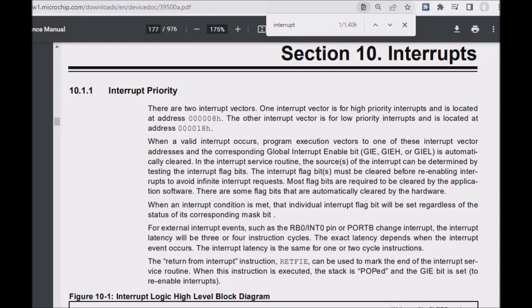The interrupt flag bits must be cleared before re-enabling interrupts to avoid infinite interrupt requests. Most flag bits are required to be cleared by the application software. There are some flag bits that are automatically cleared by the hardware. When an interrupt condition is met, that individual interrupt flag bit will be set regardless of the status of its